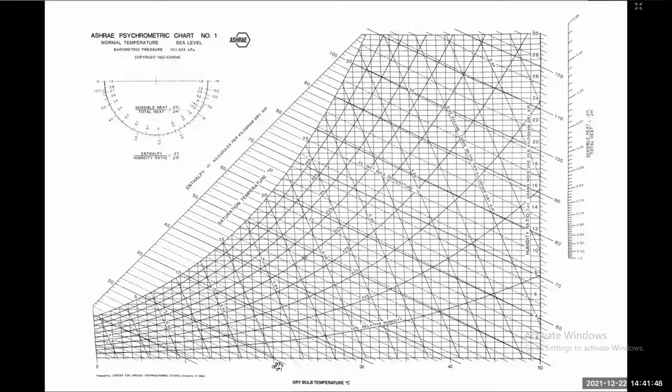Now, this is a dry bulb temperature value. If you go straight and intersect with the saturation line, here we will get a WBT value equal to the DBT value. So at saturated conditions, DBT is equal to WBT. Here we'll get a WBT value that is 20 degrees Celsius. Now from this you can draw the constant WBT lines. At saturated conditions, dry bulb is equal to wet bulb because the air is saturated.